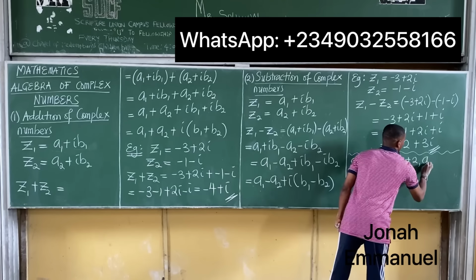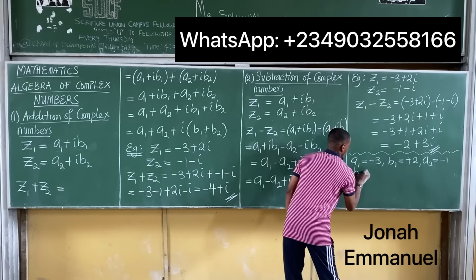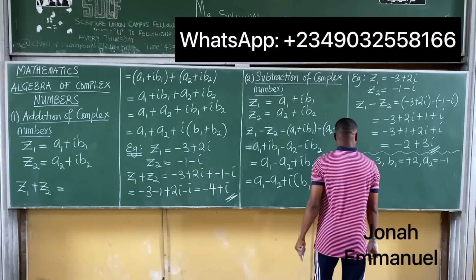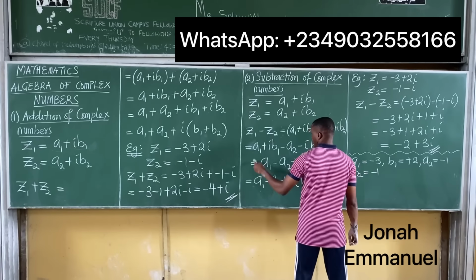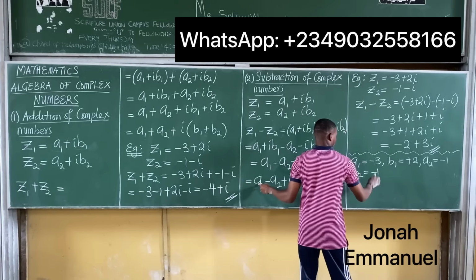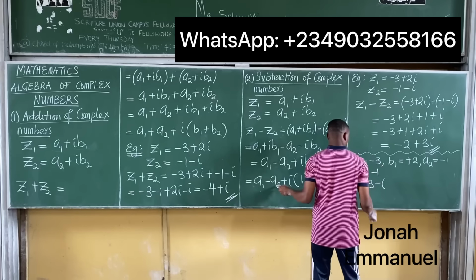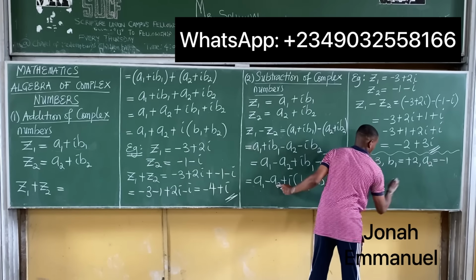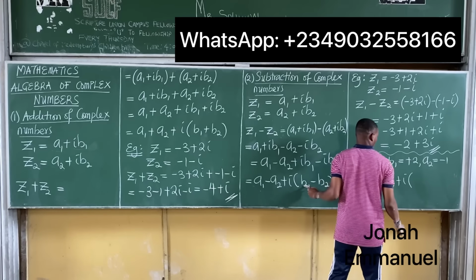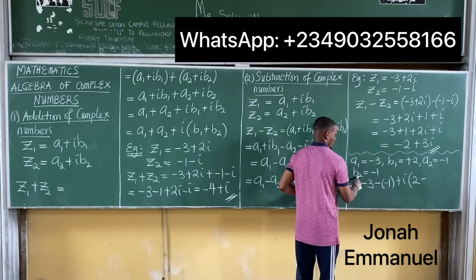A2 will be equal to this minus 1. Also, B2 will be equal to the coefficient of i here, minus 1. That's minus 1. Let's fix them to this formula. So Z1 minus Z2 will be equal to, we said A1, that's minus 3, minus A2, A2 is minus 1, plus i into B1, B1 is plus 2, minus B2, B2